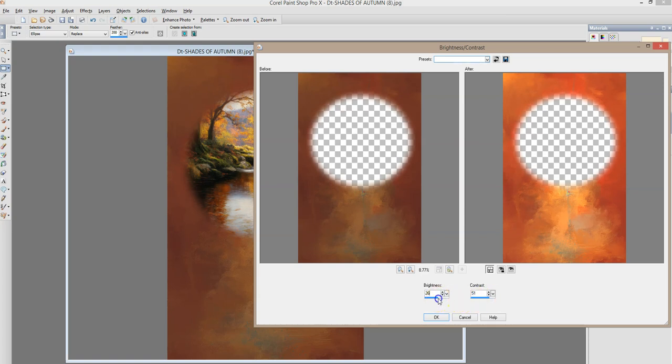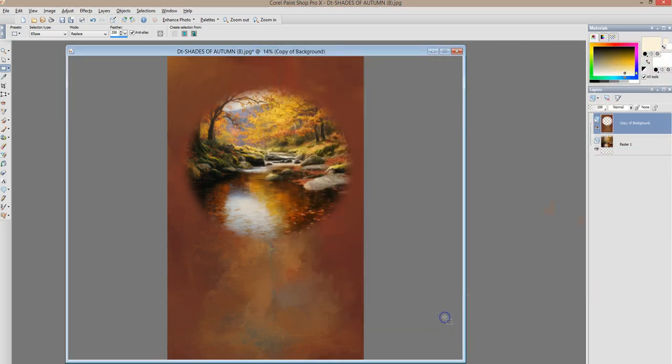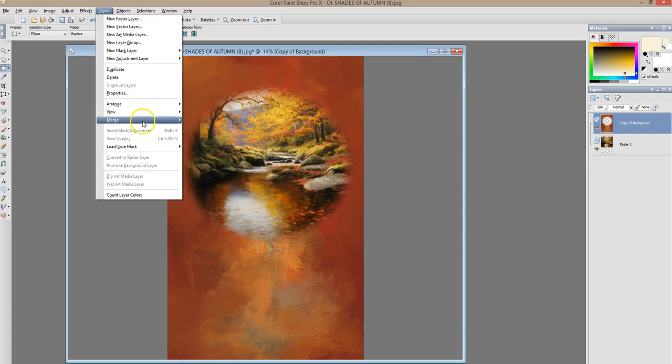Ooh, that really changes it. I don't want it too garish. I'm just playing with these numbers here with my sliders. And let's click OK on that and see what happens. Okay, I like that a little better. It brightened it up just enough where I feel it has that pop that I'm looking for. So now I will merge these layers